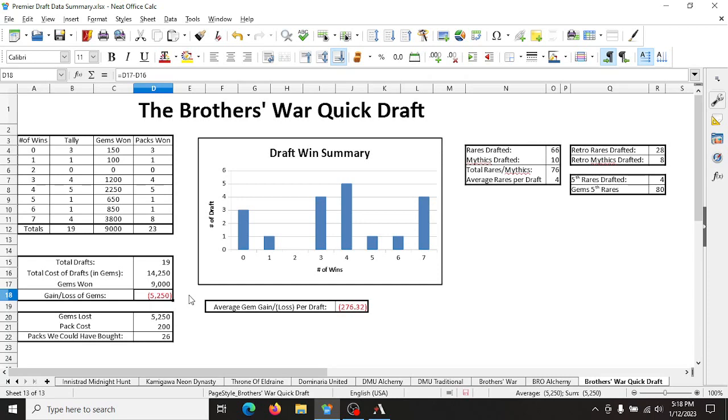That's not the same as taking 14,000 gems and buying packs with those. So I just want to make that distinction. What we can conclude here is that quick drafting to stock up on rares and mythics is a pretty good method. Now, this number here, the average gain or loss per draft, is what we're really going to be comparing to the